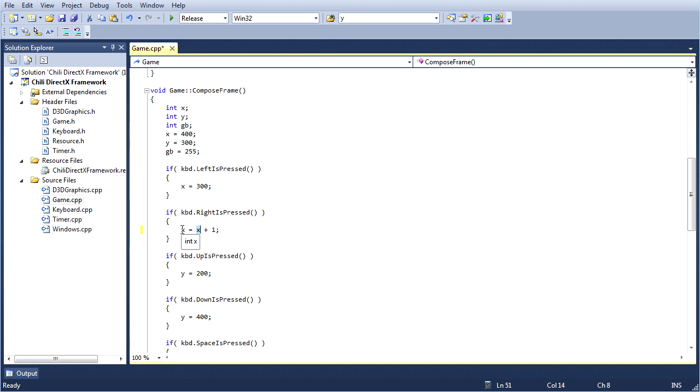And if X is 6, 6 plus 1 is 7, X changes to 7. And so on. That's what we're doing. Very simple. And if we do that for all of these fine fellows here, here we want to subtract because we're moving to the left. Likewise, if we're moving up, we want to subtract, and if we're moving down, we want to add.